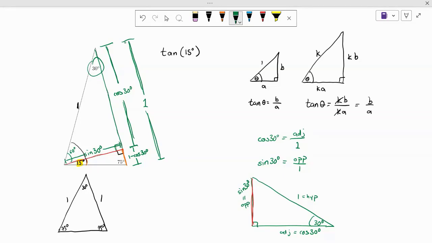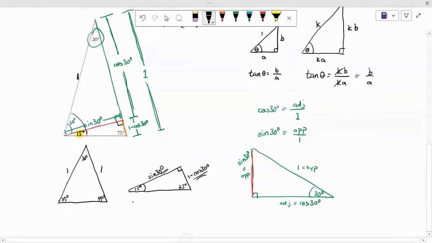Okay, but then there we go. Looking at our smaller triangle, the 15-75-90 triangle, we now have the opposite and adjacent side relative to the angle 15 degrees. So we can write down what tangent of 15 degrees is: opposite side